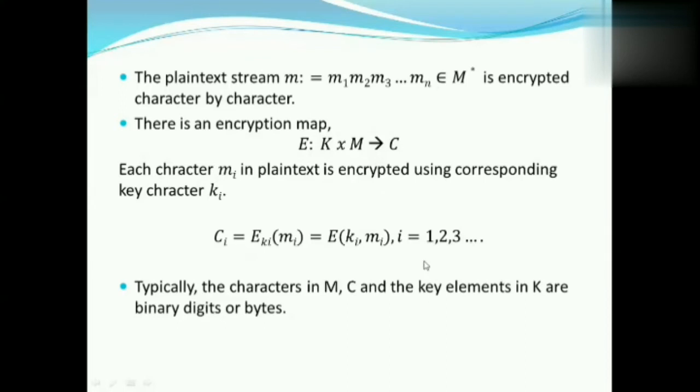If the first message character is there, then the first key is taken to generate the first ciphertext. Typically these characters in the message, ciphertext and key are either binary digits or bytes. A binary digit is a single bit, 0 or 1, and a byte consists of 8 bits. These are the two possible values for the characters.